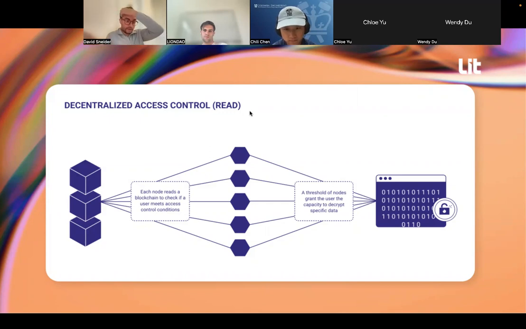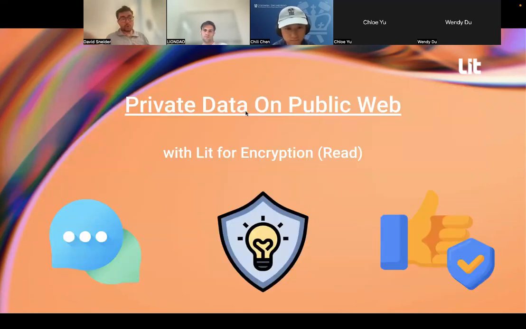And what we have here is now a world where you can store private and permissioned data on the open web. A lot of the use cases that we've seen for this are things around Web3 social. Lens Protocol is a smart contract based social protocol. Orbis.club is built on Ceramic, which is a decentralized database system for social media. Both of those networks are using Lit to do the key provisioning, whereby it says, if this person has this token, let them read this chat or read this DM.